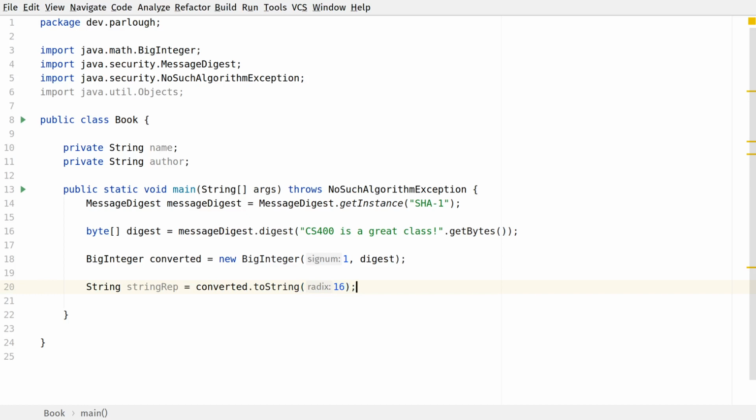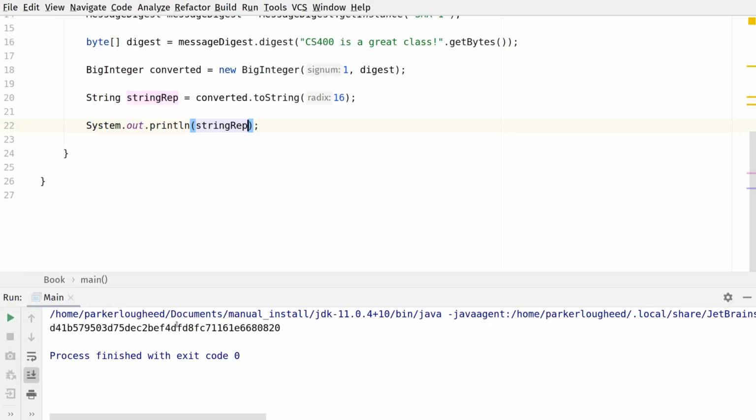Because we have a base of 16, just like how in binary we have zeros and ones. And then what we can do is we can just go ahead and print out our string representation. So now we should get our hexadecimal string representation, which